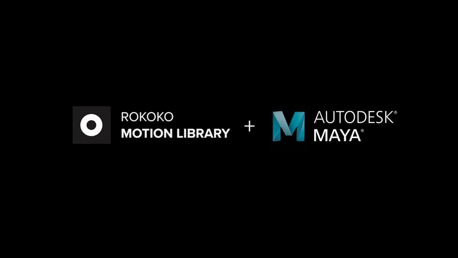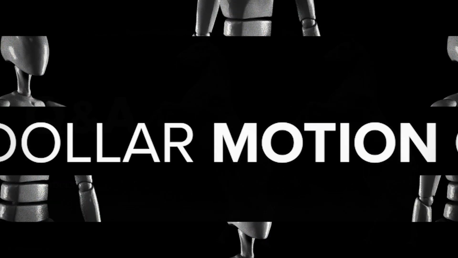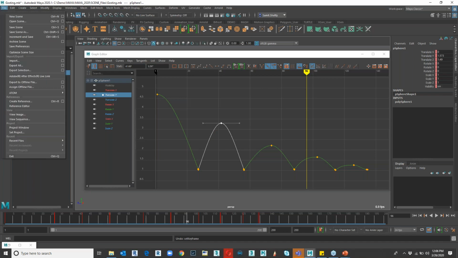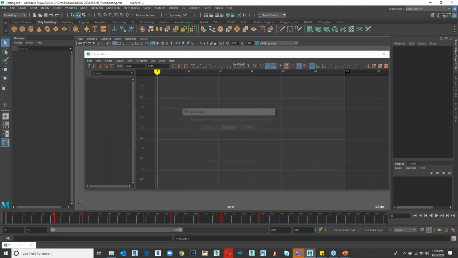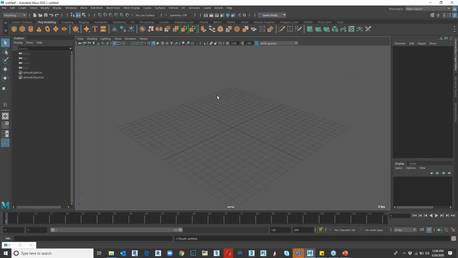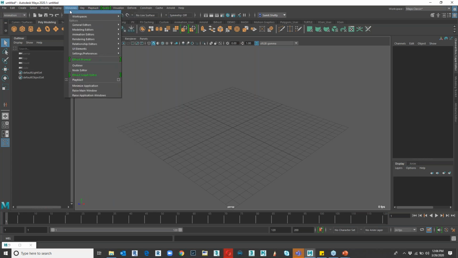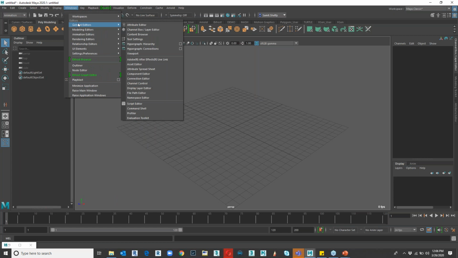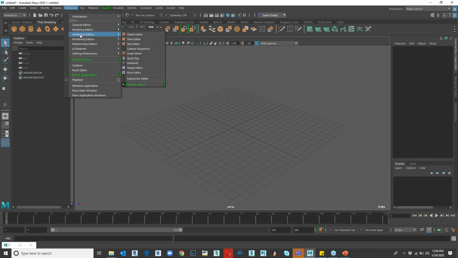All right, so what is Rokoko Motion Library all about, and how is it included in the Autodesk Maya tool? So let me just take you inside Maya once again, and I'm just going to switch off all these things. You remember that we used to have a content library earlier, and now we can just go inside animation. There is Windows, and when you go inside the animation editor, you have something called motion library, which is a new thing